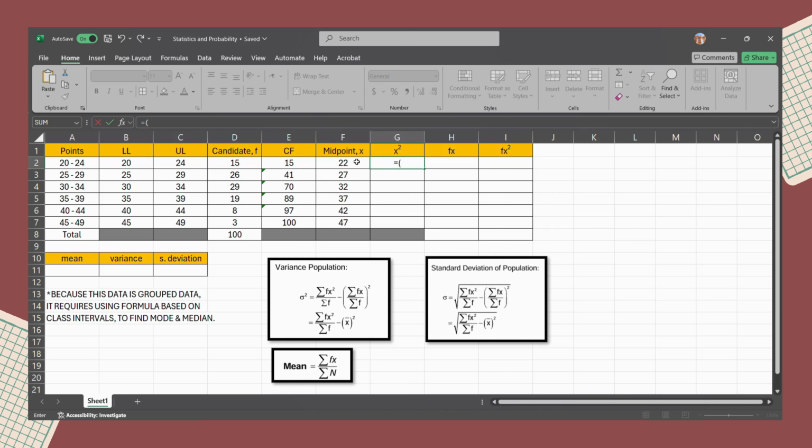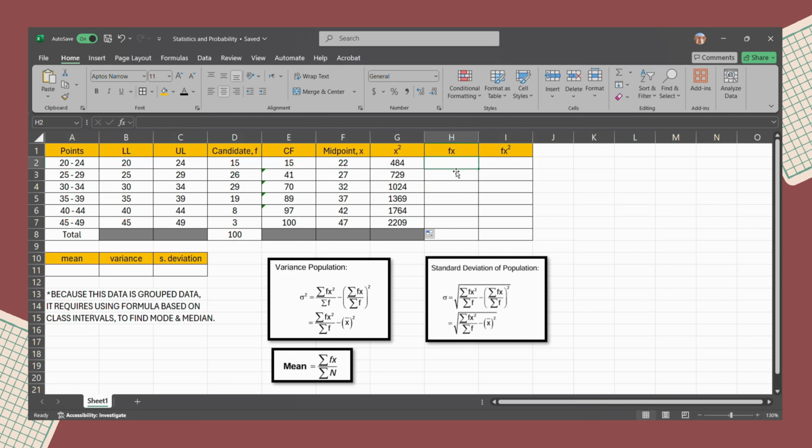We take the midpoint and use the caret symbol and square by 2. So enter. We got the square of the midpoint, and we drag it again, and we got all of the x squared for the midpoints.